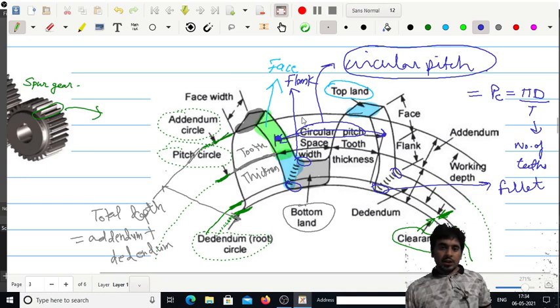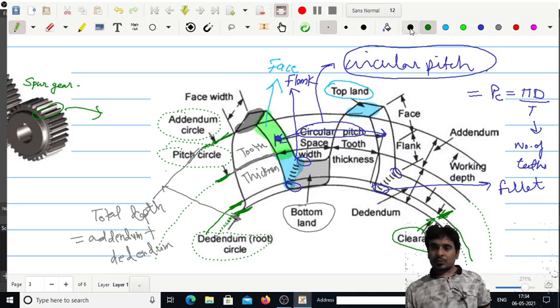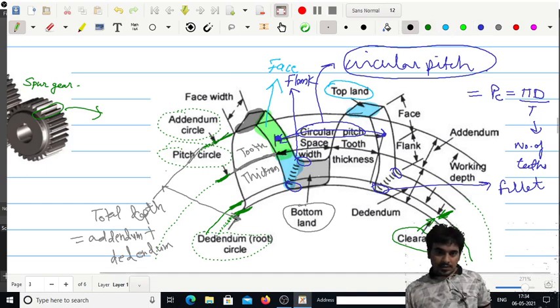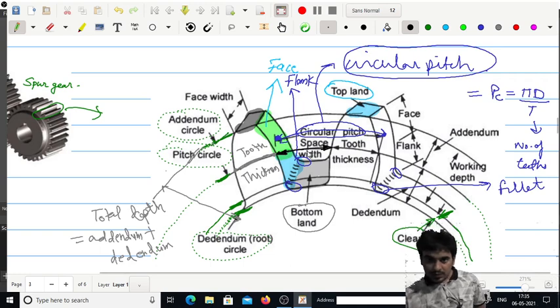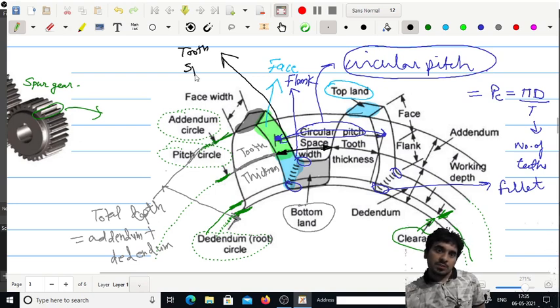And one more point, this gap between the two teeth is known as the tooth space. The gap between the two teeth is known as, let me write it here, tooth space. So when this gear